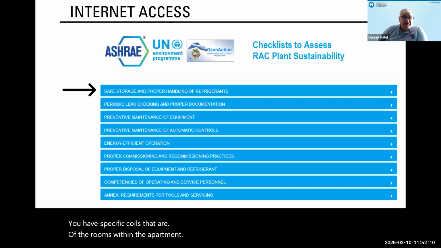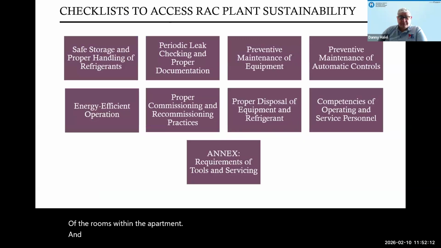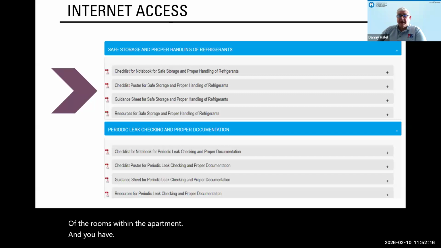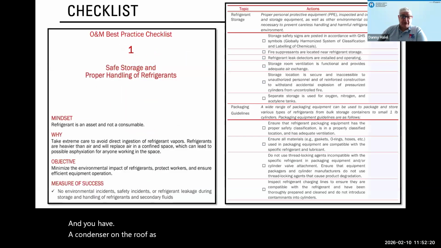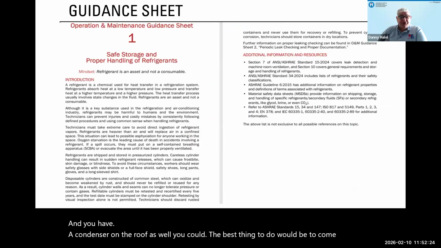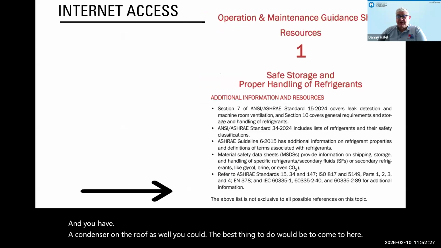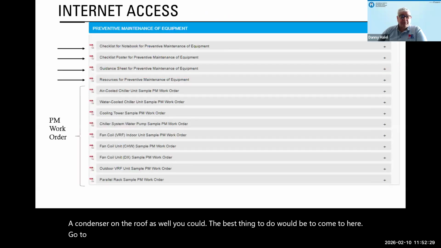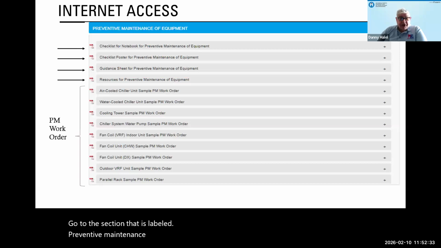And you have a condenser on the roof as well. Well, the best thing to do would be to come to here, go to the section that is labeled preventive maintenance of equipment. Look at your checklist, use the poster if you choose to, go to the guidance sheet